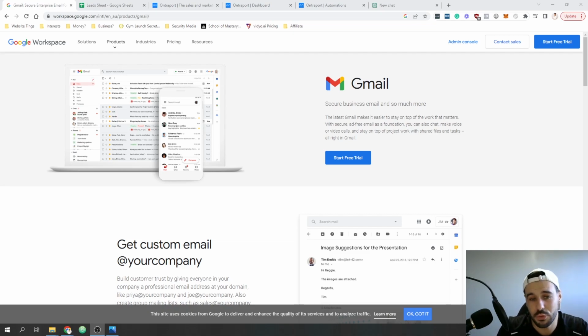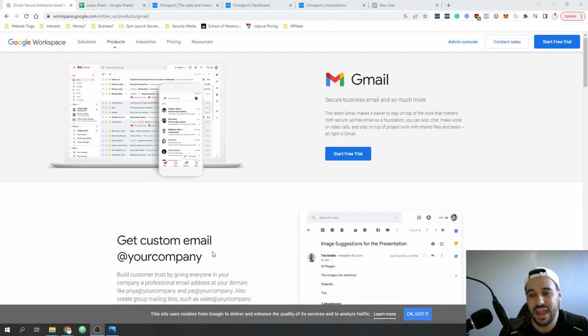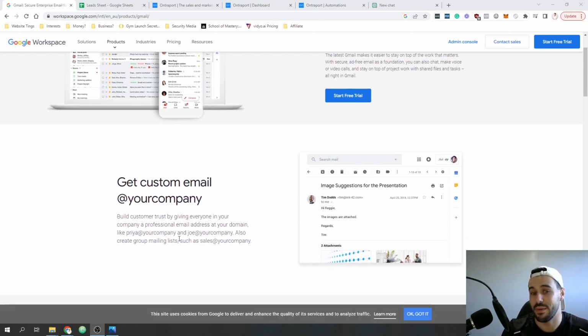Now, a few things that you're going to need to get started with email marketing. Number one, you're going to need a business email. For this, the one on the screen is the one that I recommend. It's the Gmail Business Email Suite, and this is going to allow you to use your domain to create a custom email. So it's going to be at